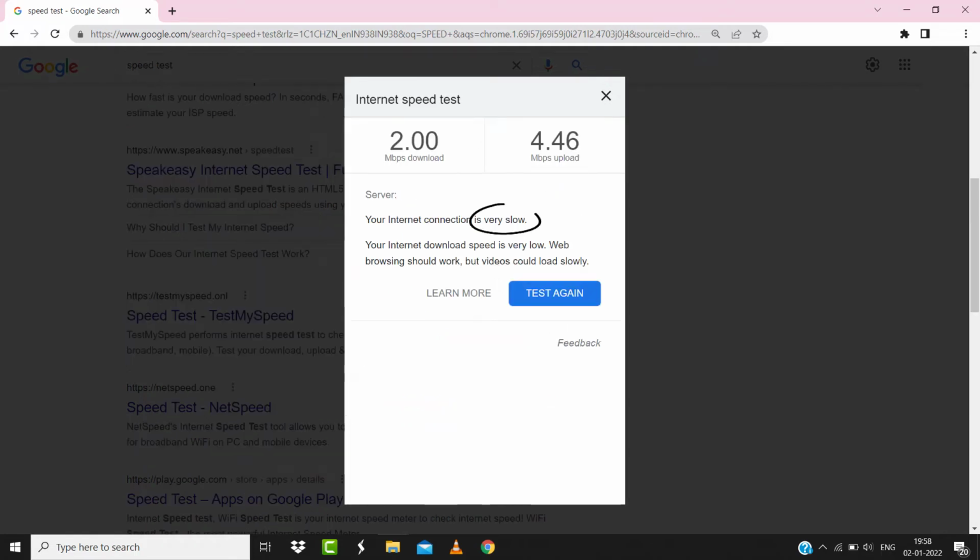If your internet speed appears to be unreasonably low, then you may need to contact your internet service provider for